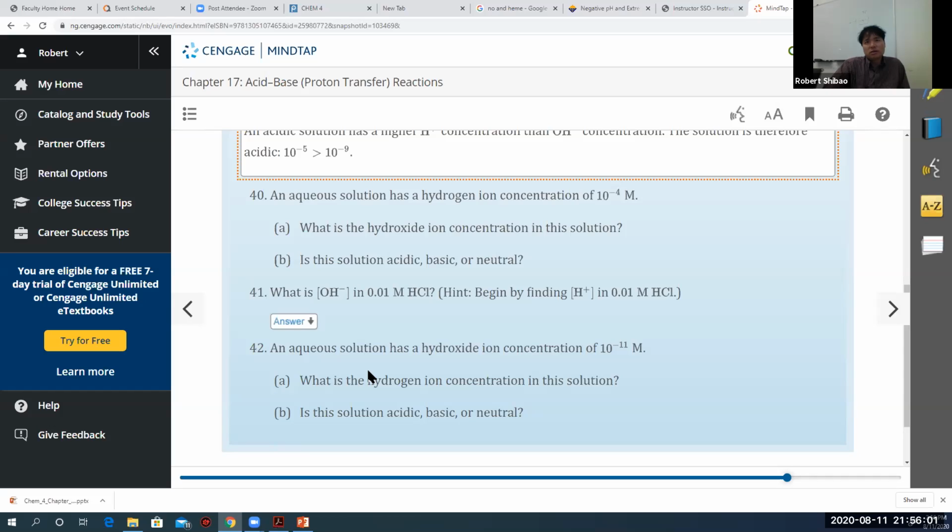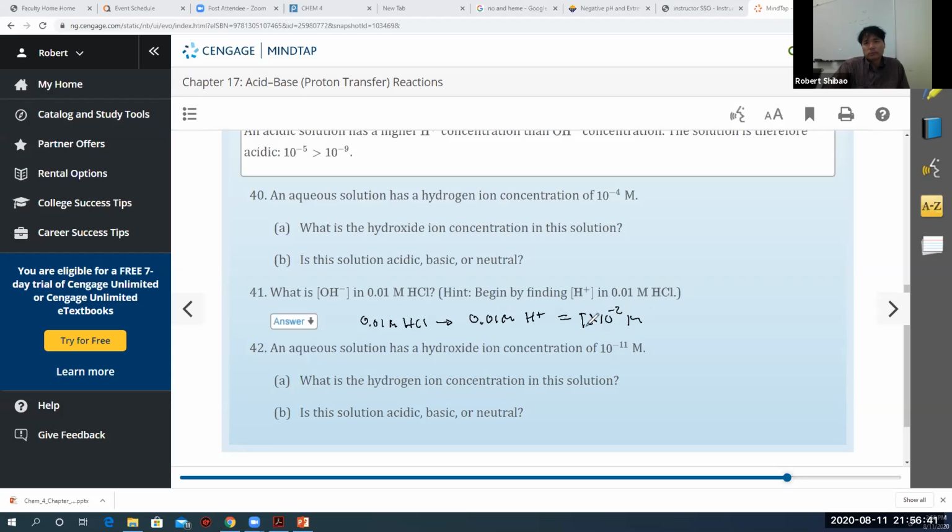What is OH minus? So this is an acid, so there shouldn't be any base, but there is base. The base comes from collisions of water molecules. And so this is the way we do this one here. 0.01 molar HCl is going to give us 0.01 molar H plus, as for every HCl we're going to get one H plus, which is going to give us 1 times 10 to the minus 2